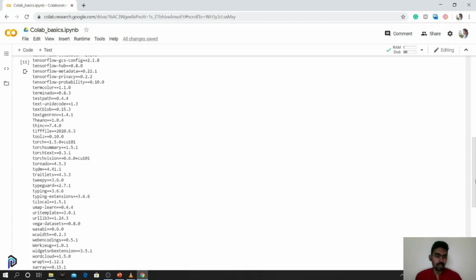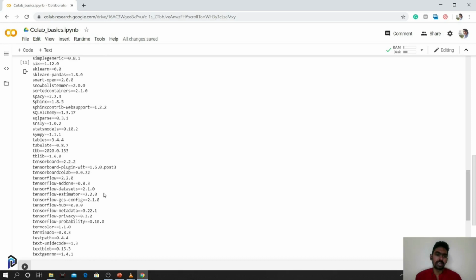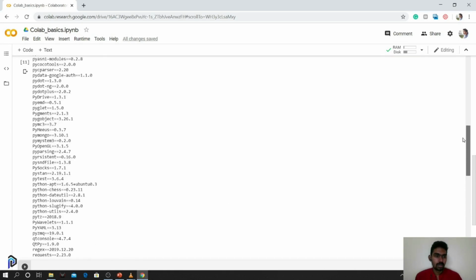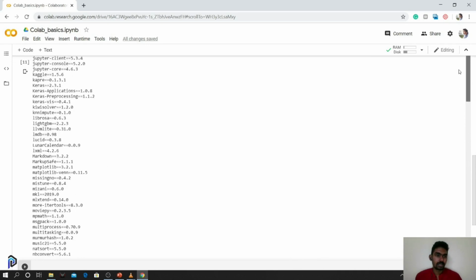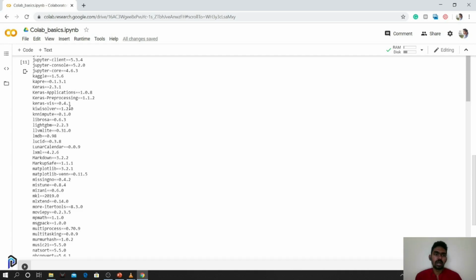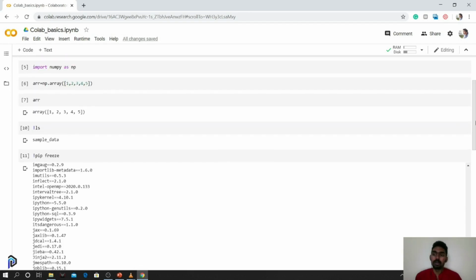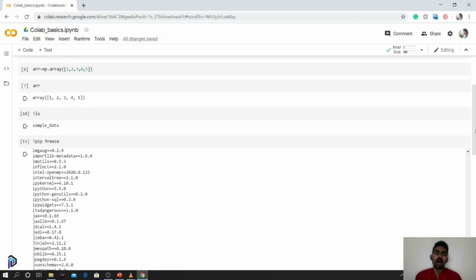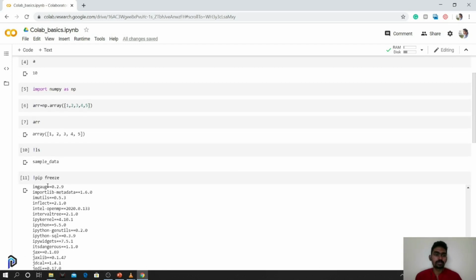As you can see, Torch is available and XGBoost is there. It comes with most of the common libraries that we use, like TensorFlow is over here, 2.2 version, and we also have Pandas over here, and Matplotlib and most of the other things that we'll be using. So it comes with most of the libraries that we need. We can also add new libraries that you want by just using the command pip install. Okay, I hope this is clear.